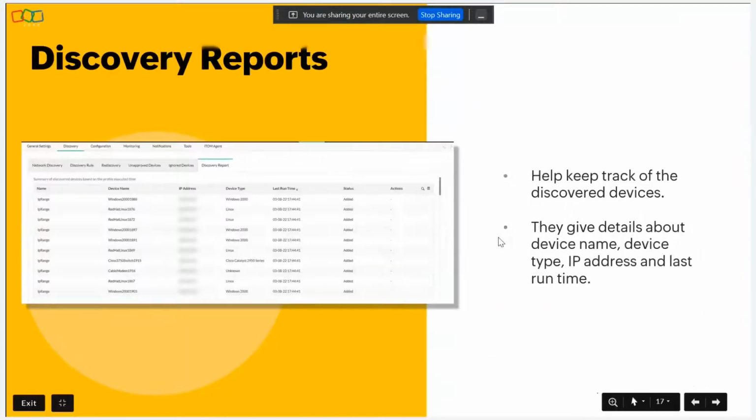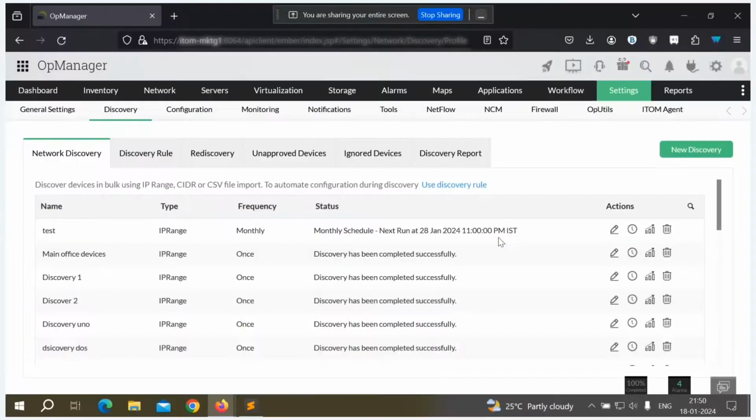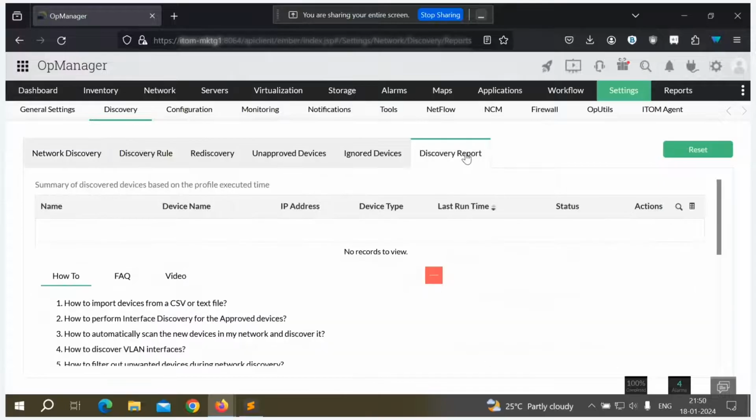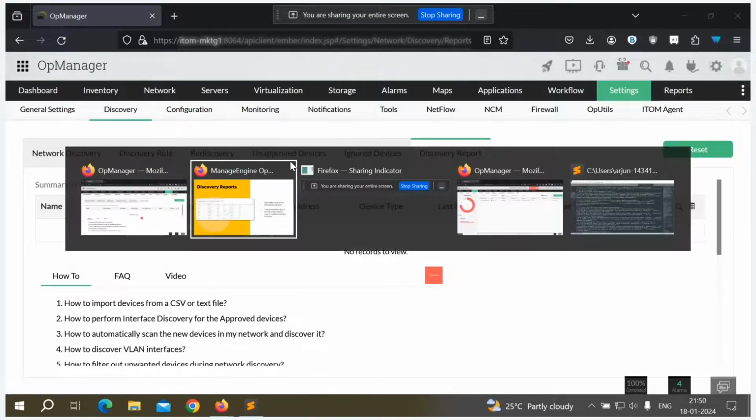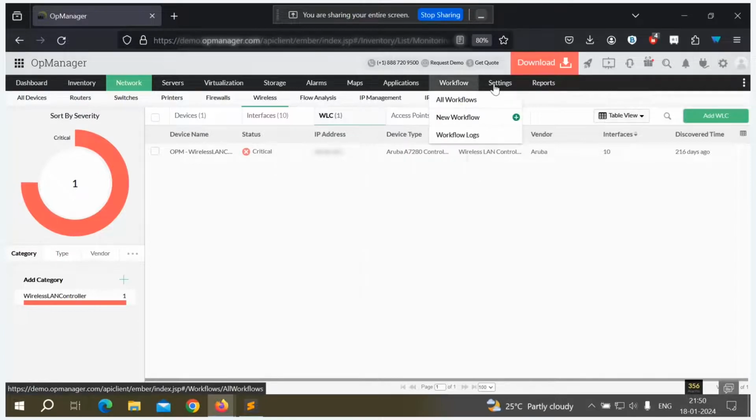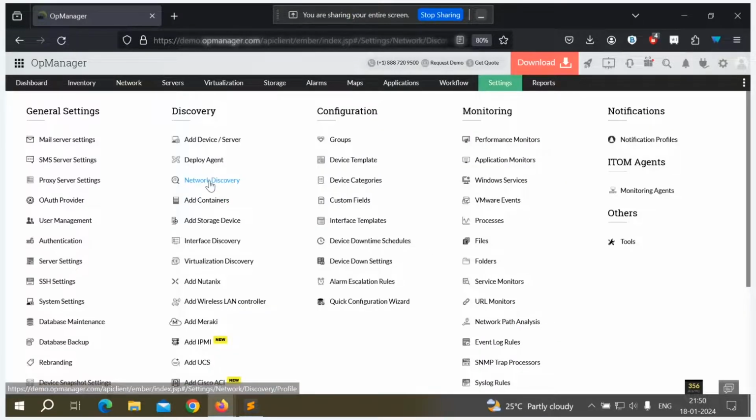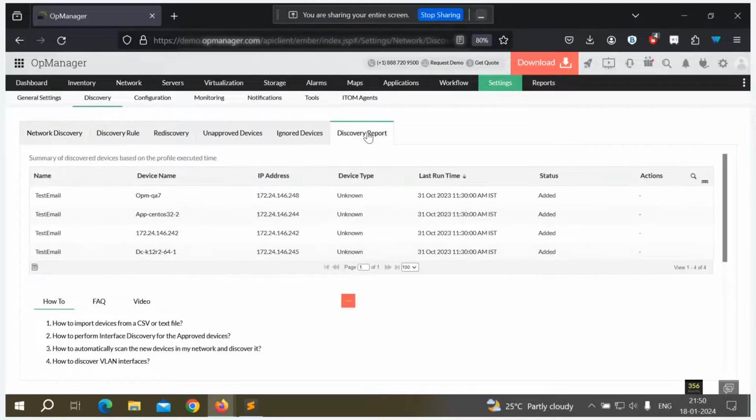Now let's talk about discovery reports. So discovery reports give you valuable insights into each completed discovery run. So again, let's go back to the product. So at the rightmost corner, we see discovery report. Here we can get the details. Yeah, so we can see details like device name, IP address, device type, last runtime, along with